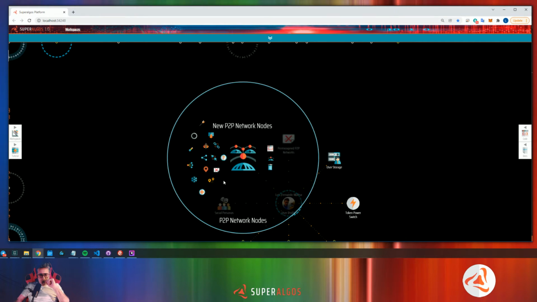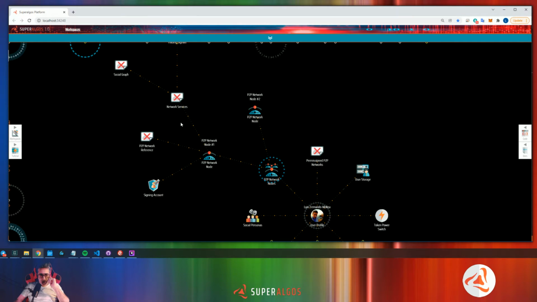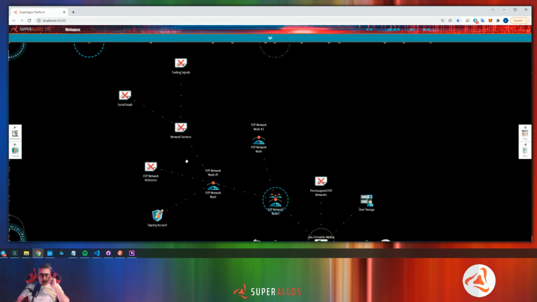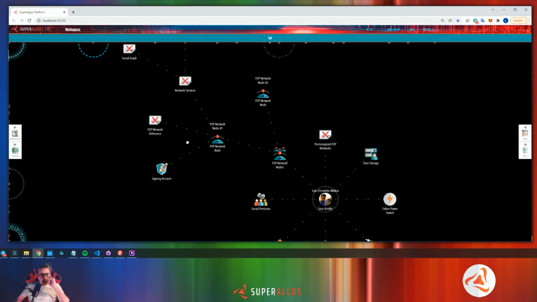You will need to run one peer-to-peer network node, and to run a node you need to define it here. When you define it here,